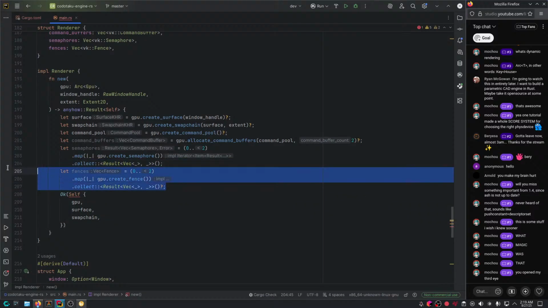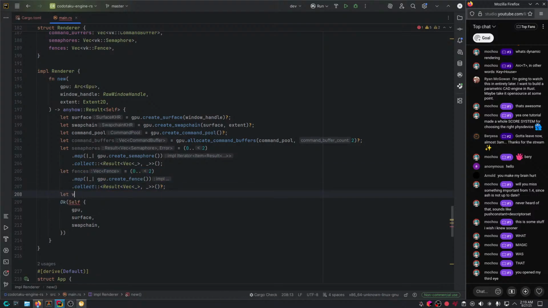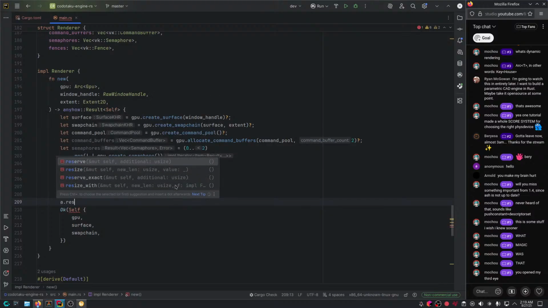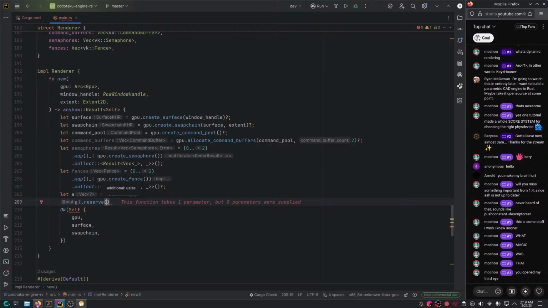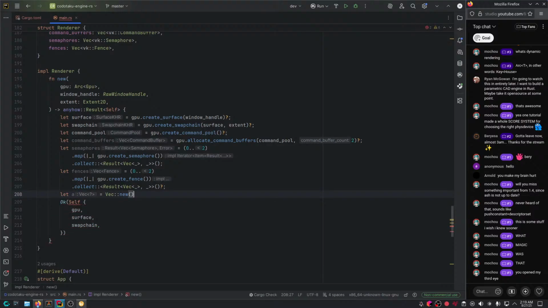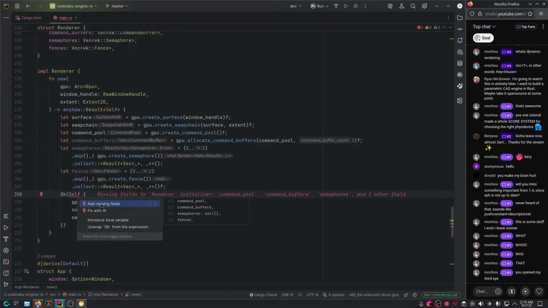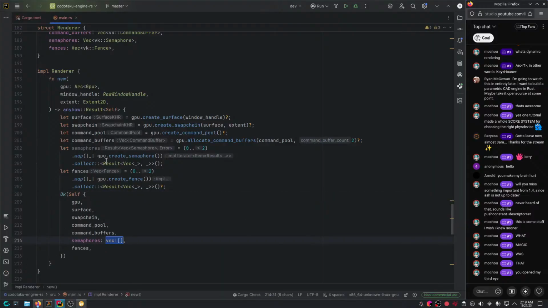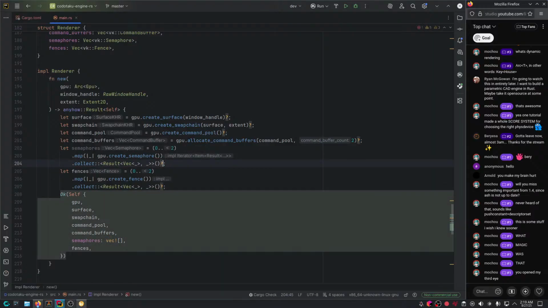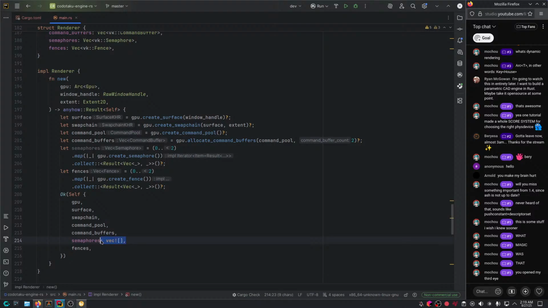If you weren't using iterators, then you would have to create a Vec, let's say Vec::new, and then you would have to reserve, or otherwise it would reallocate every time you push a new element and it doesn't have enough space, and so on. But here using iterators, it's all automatic essentially, right? But yeah, that's basically it. Now let's add the missing fields. And let's actually do this, and there we go.